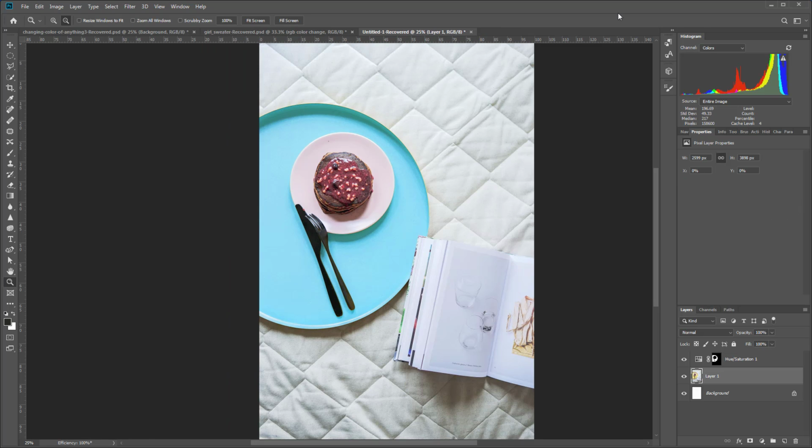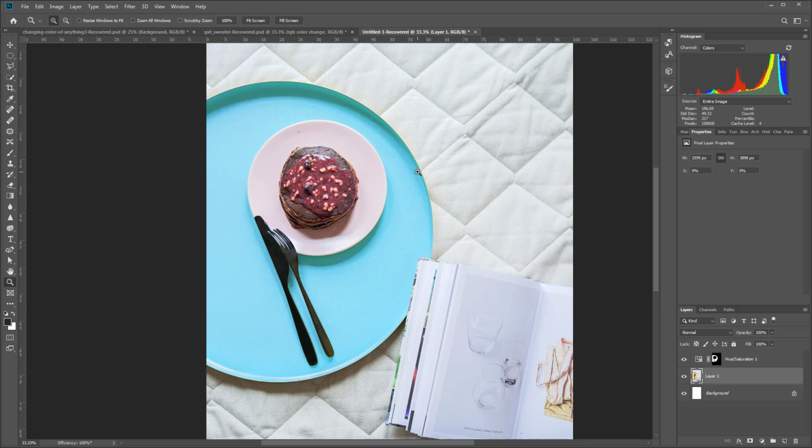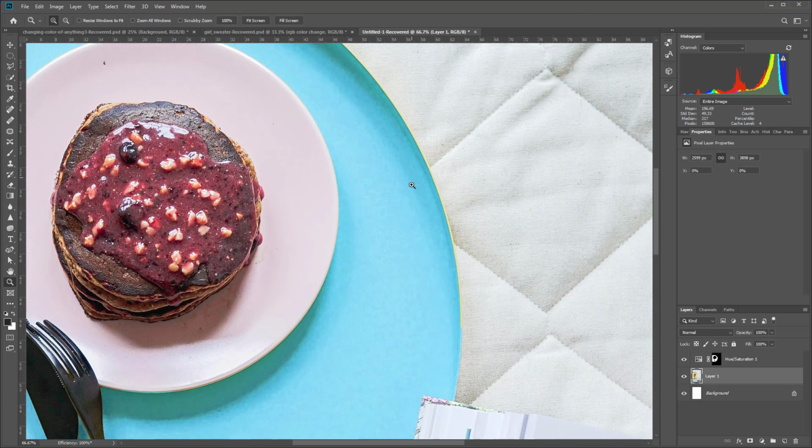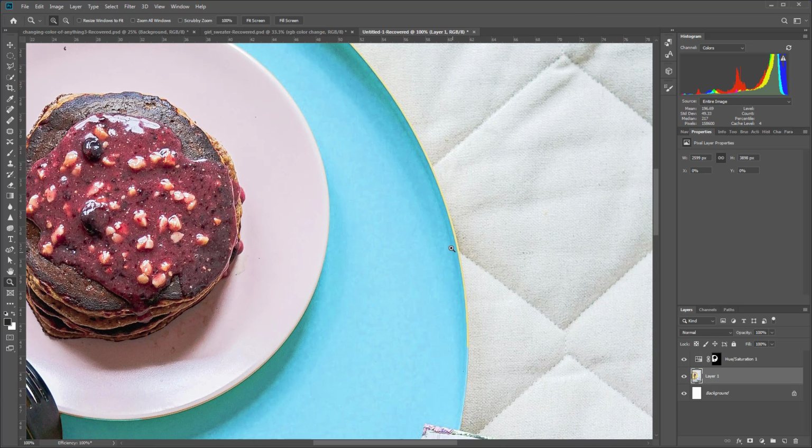So that's pretty awesome. But I love the fact also that because you have this mask controlling what is affected by your adjustment layer, you can come in here and do fine-tuning if you need to. Now you might not be able to see at the zoom scale I'm at currently, but I actually missed an edge of this plate. So if I come in here and I zoom in, you can see that there actually is this little edge of the plate where I missed a couple pixels, and you're still seeing that yellow edge. Now that might not be a big deal, but if you want to make that fix, we can make that